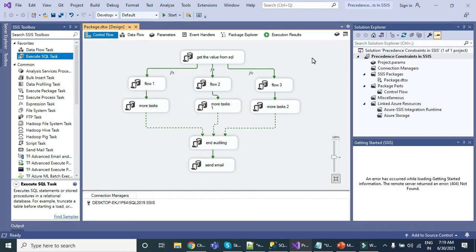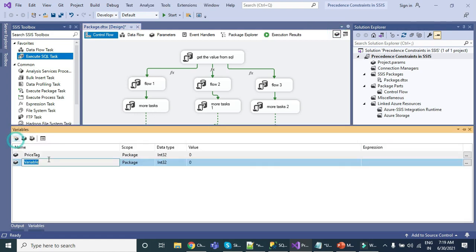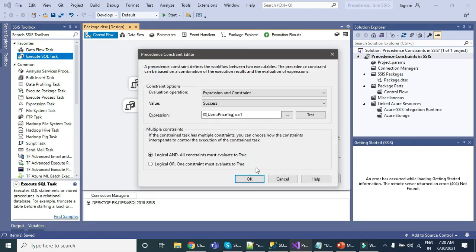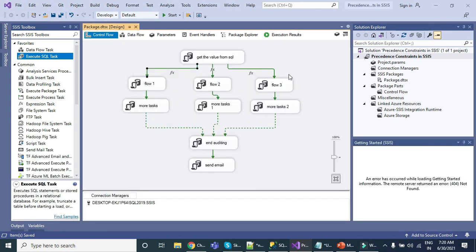Now if you want to create more variables, and if you want to control the flow while executing the SSIS package, then maybe you can create another variable like automatic execution, and you can define the data type as string, and you can set it to n. So what I want is, if the value of the automatic execution is y, as well as this condition is true, only then this particular flow should execute.